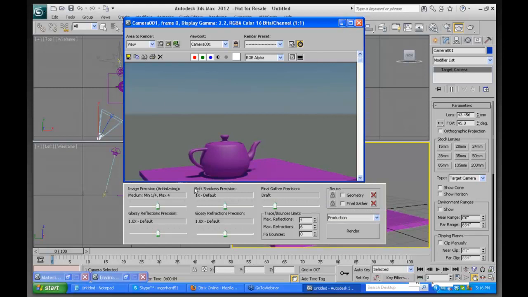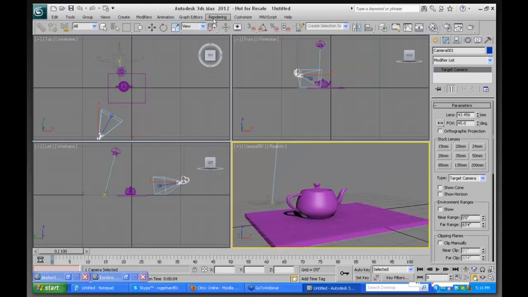Now, in the rendered window here, the virtual frame buffer, there are controls for final gather, for shadow precision, reflection precision, refraction precision, and reuse for the geometry cache and the final gather cache. If I close this and we look at the render dialog,